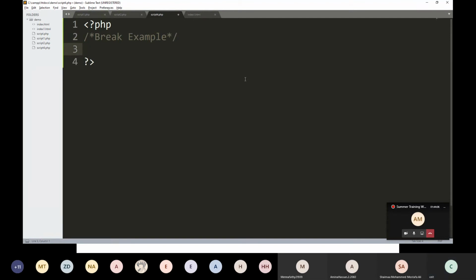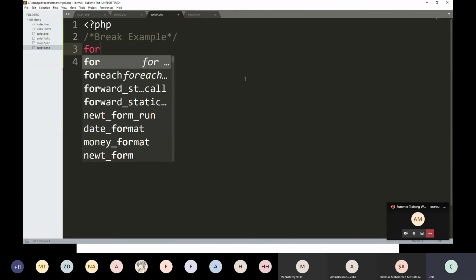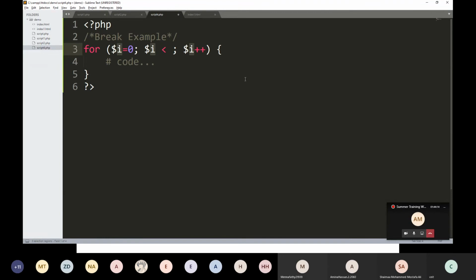Suppose I am using a for, with i itself. i equal to 1 and i less than or equal to 20.